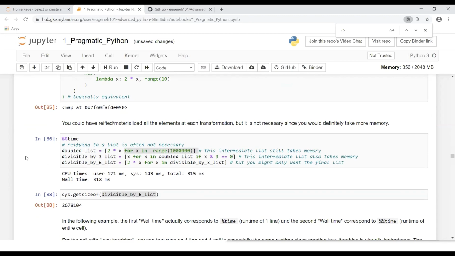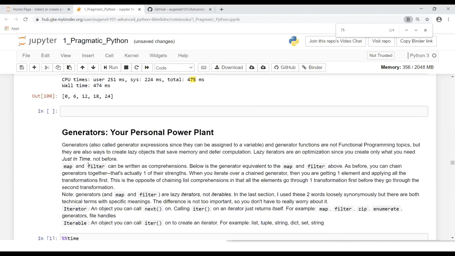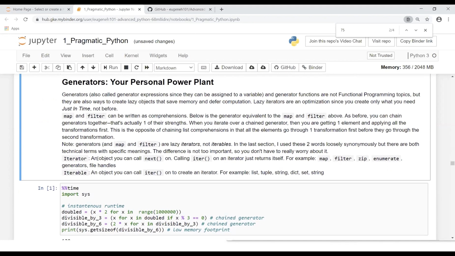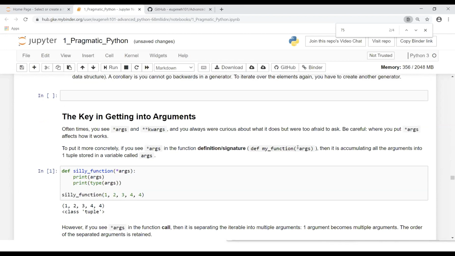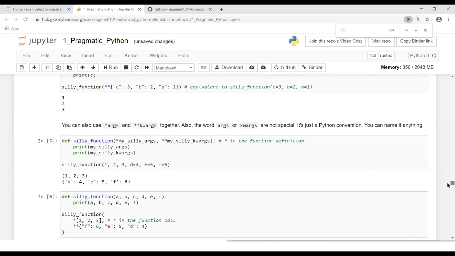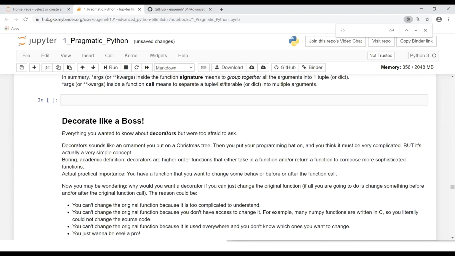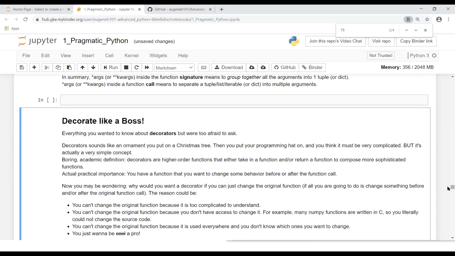So we stopped at map and filter, but we're only halfway through the notebook. Next time, perhaps we can cover generators, star args, and star kwargs, which will then lead to the fancy thing that I promised I would teach you about, which is decorators, and how they apply to not just functions, but any callable.